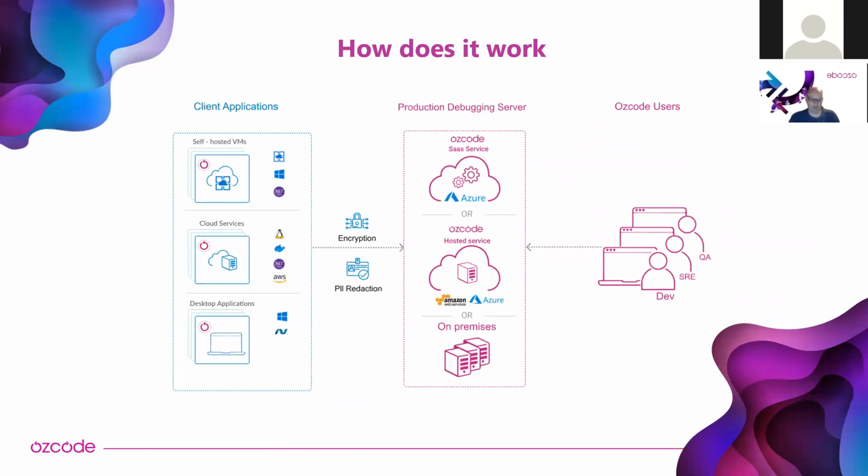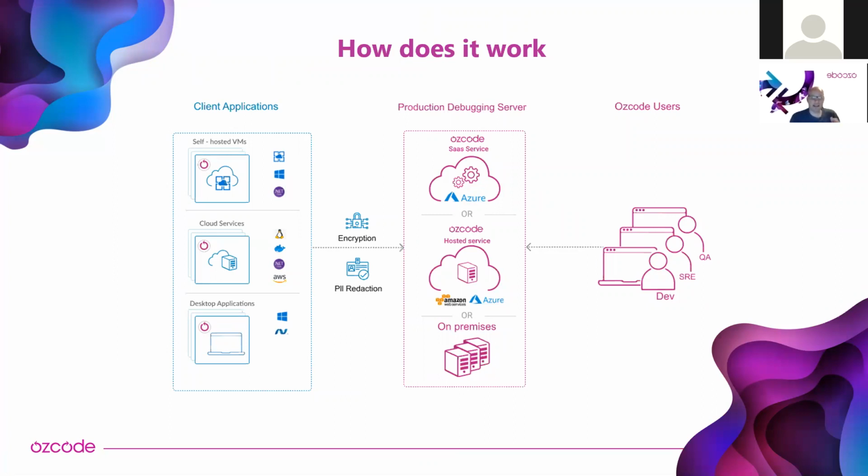We have an agent component that is, honestly, technology-wise, no different than New Relic, Dynatrace, AppDynamics, Application Insights, all these tools that you're probably already using, in the sense that it does bytecode instrumentation. It changes the code that's running on the fly. Only with OzCode, we're doing it for a completely different purpose. We're doing it just so that we can help you solve bugs and logical errors in your production and pre-production environment, rather than performance issues as the APM folks do.